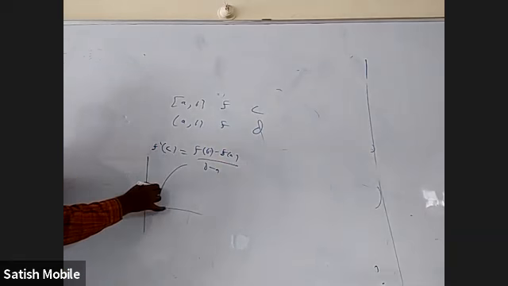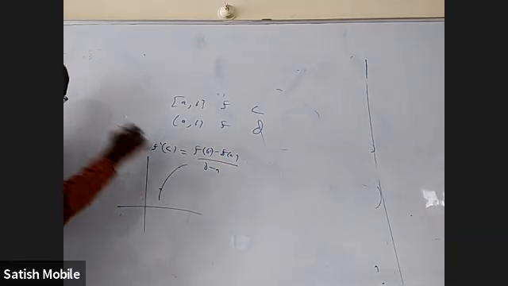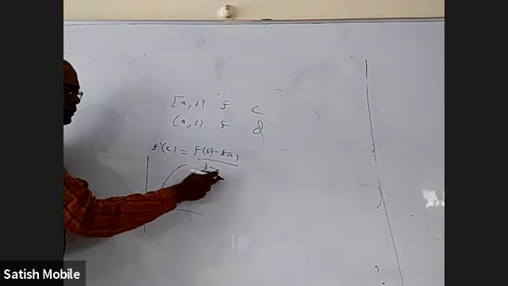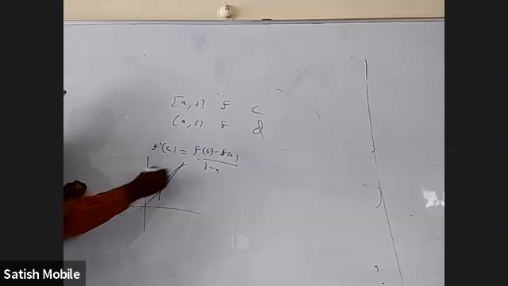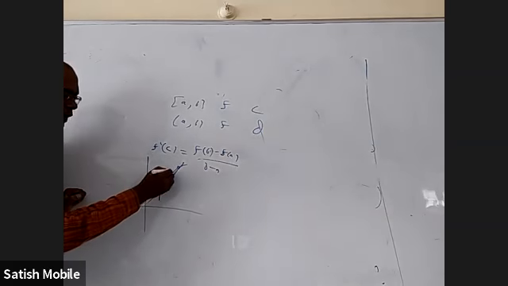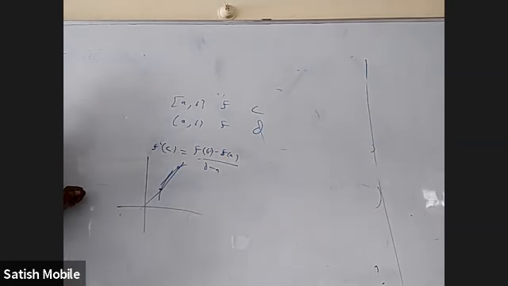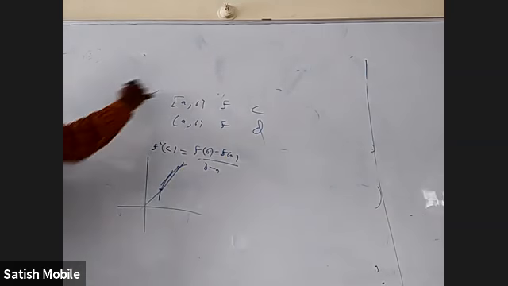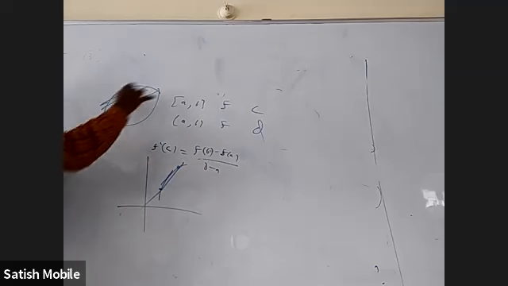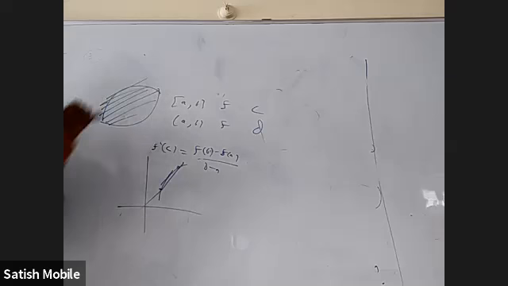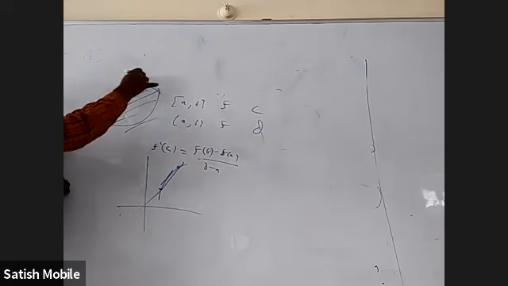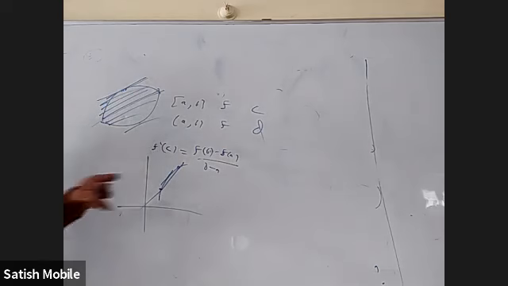If a curve is there and this point is A comma f of A, this point is B comma f of B, then f of B minus f of A by B minus A is nothing but the slope of this chord joining these two. Definitely, there will be some point where the tangent is parallel to this, because with respect to that chord, either the curve is like this or like this. So if you keep on drawing parallel lines, somewhere or other it should touch the curve. Somewhere here also it should touch the curve. There, the slope of the tangent will be nothing but the slope of this chord, right?